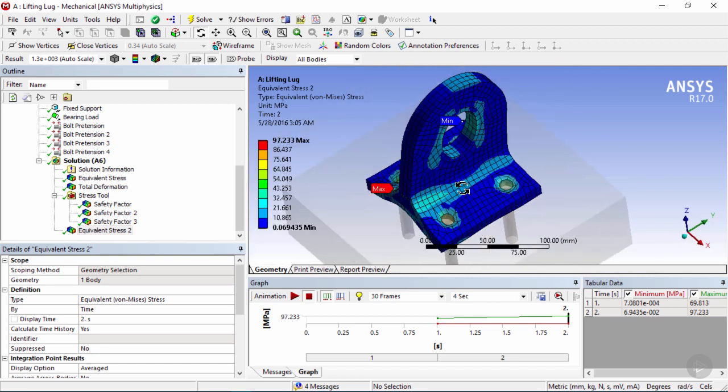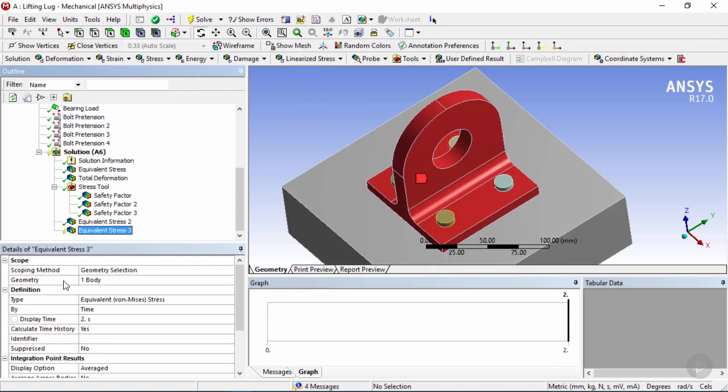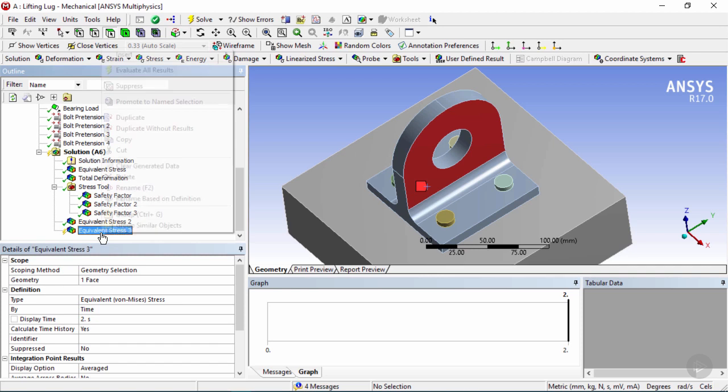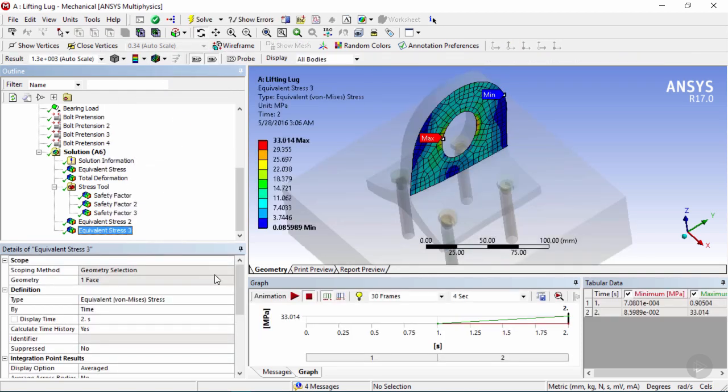Now if you just wanted to scope a face, we can click on, let's say, equivalent stress 2, right click, duplicate without results, and this time click on the one body here and use the face filter and click on, let's say, this face over here and click on apply. Right-click on equivalent stress 3 and evaluate all the results. So now we've scoped just this face, and now you can see that the maximum stress along this face is